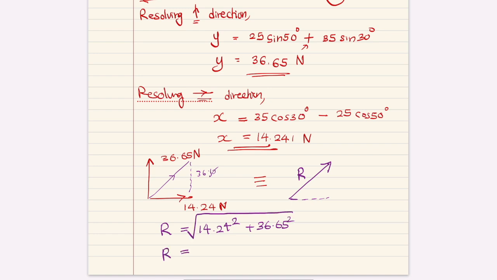That will be your resultant. Use a calculator: the square root of 14.24 squared plus 36.65 squared, and your answer is going to be 39.31. So your resultant will be 39.319